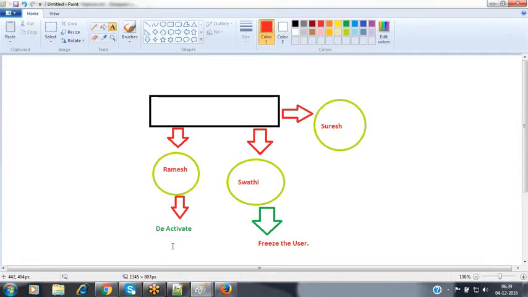When coming to the record, for every user record, to indicate whether this user record is active or not, we have a checkbox called the active checkbox. That active checkbox indicates whether this user is in active status or not. So now if you want to deactivate that user, simply go to that user record, open the user record, unselect the active checkbox and then save this record here. Automatically the record will be getting deactivated.